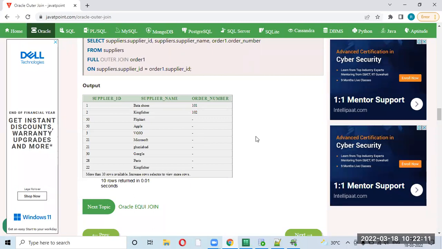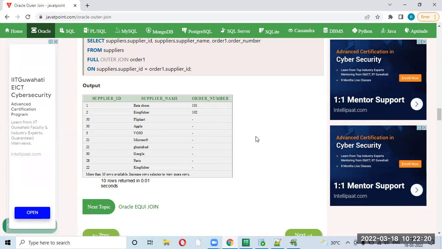For example, if the right table only consists of the records which are there in the left table. Say 100 records are there in the left table, 50 records are there in the right table, and all the 50 records are also there in the left. Then obviously when you are doing a right outer join, you won't be getting any blanks, because all the records are there. And whenever you are doing a full outer join also, nothing will be blank. Did you understand or not?